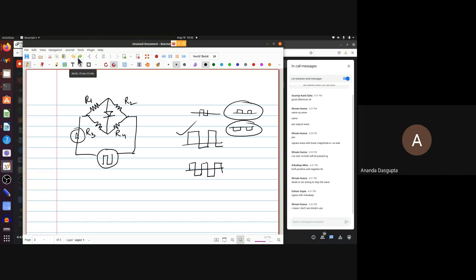But we're not talking about a balanced Wheatstone bridge, so Shivam is saying, I don't see the diode's use. By which you are seemingly saying what? Apparently there is a use, right? You yourself said that the diode is not acting to stop the wave, I agree. But you were apparently saying that the two parts are going to be different, right? You were saying something like this.